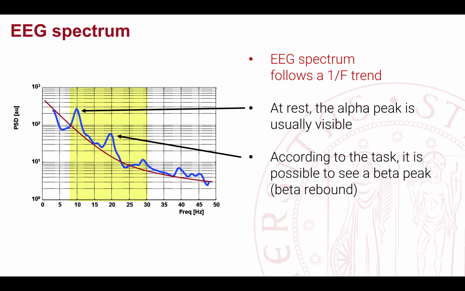The other peak that may usually appear, but not necessarily, and not in all the subjects, is a beta peak. So this is the beta rhythm, which is normally